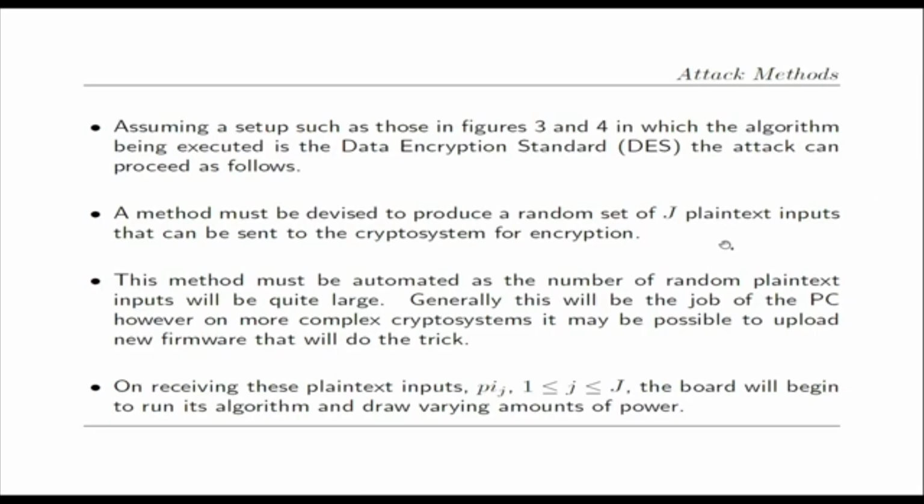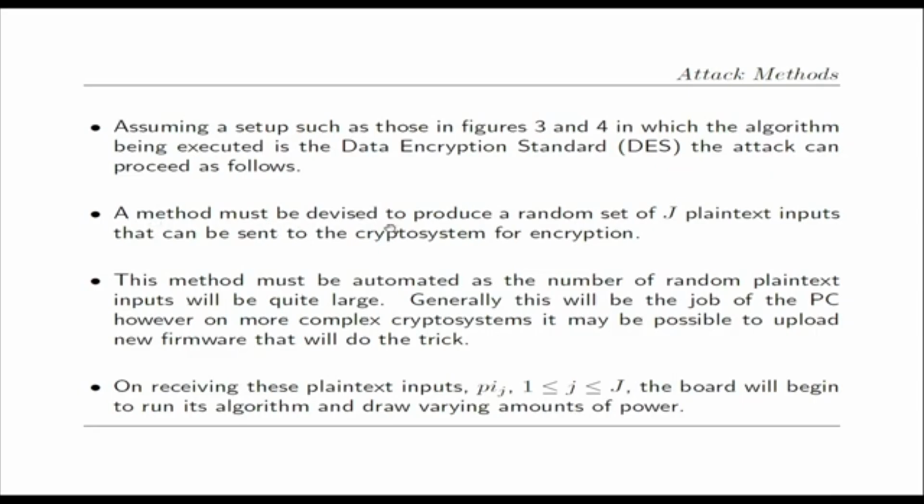So, basically, we choose j many plain texts randomly. So, this is a chosen plain text attack or a known plain text attack we can say, but this plain text has to be chosen randomly. That is why you can say this is a chosen plain text attack. So, we choose j many plain texts randomly, and we denote them by Pij. So, small j is starting from 1 to j, and so we tried, and then